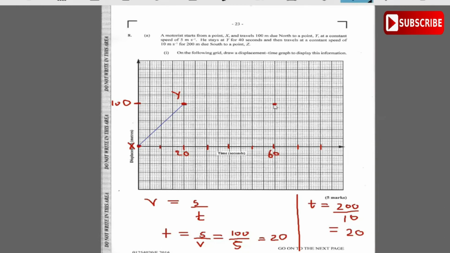So he's still at Y now, just stay at Y for 40 seconds. Then it says, he then travels at a constant speed of 10 meters per second, 200 meters due south. Now if going up is north, then going down is south. So going down would mean that he's going